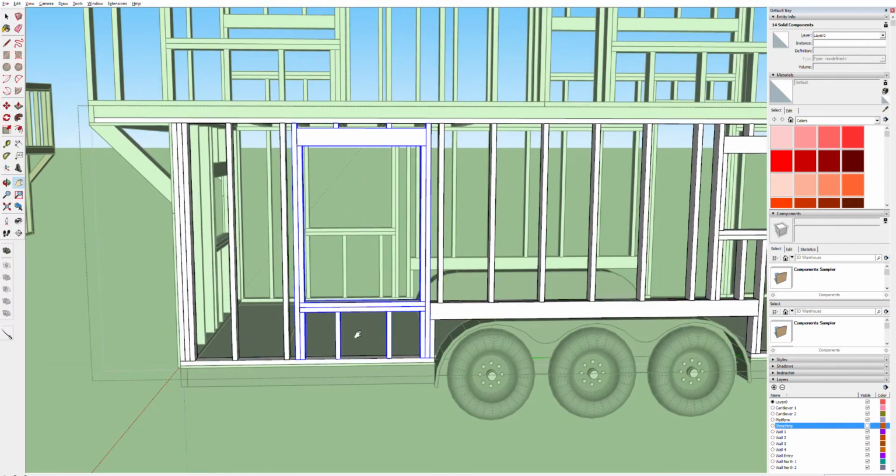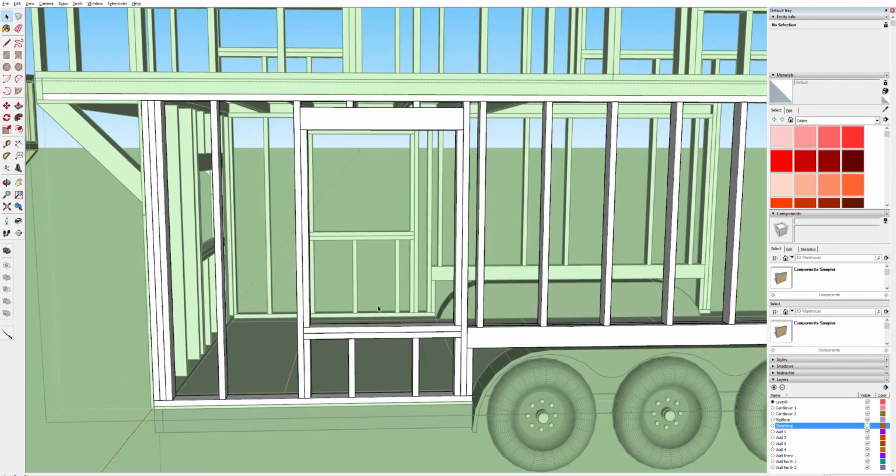So I want to center this window in this wall, basically from this wheel well, or this fender, all the way to the end of the wall here. So in order to do that, I'm going to get rid of a 2x4 here. Okay, so first thing I want to do is take a tape measure